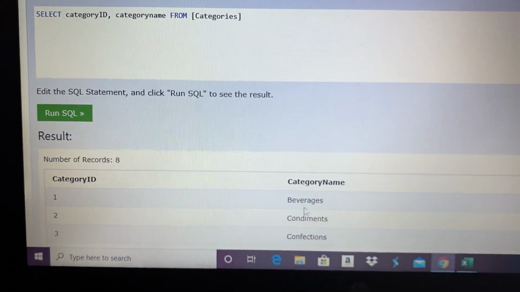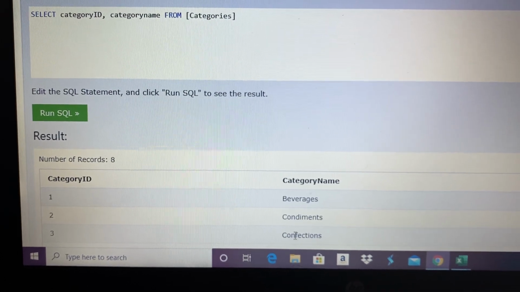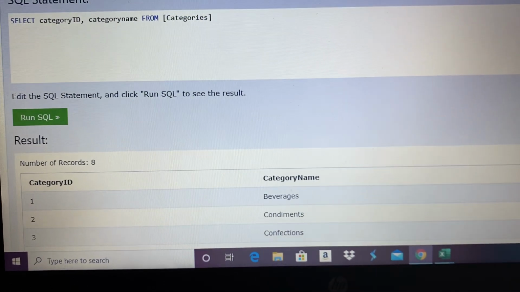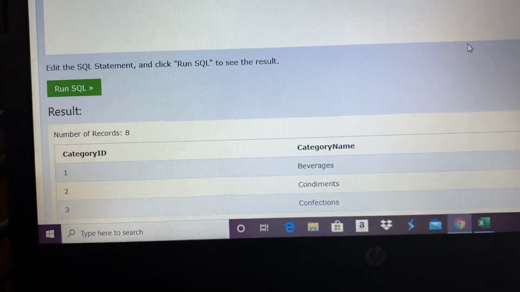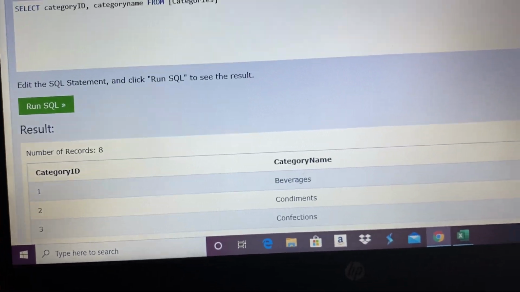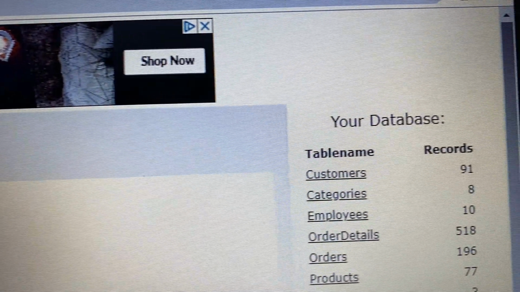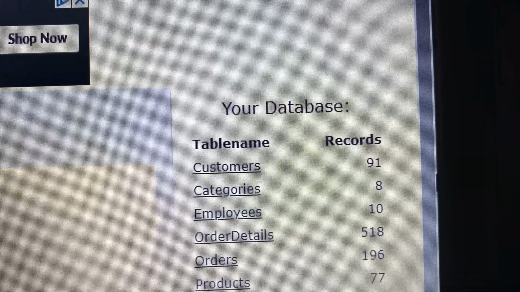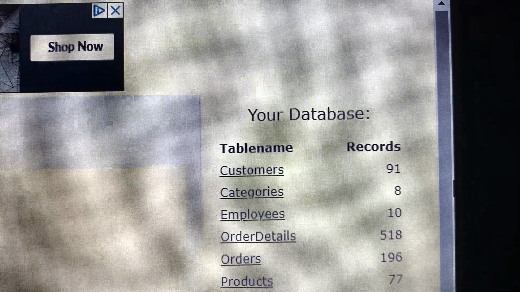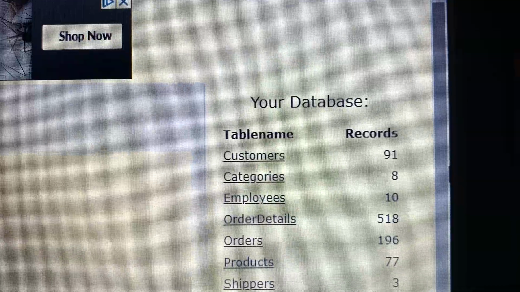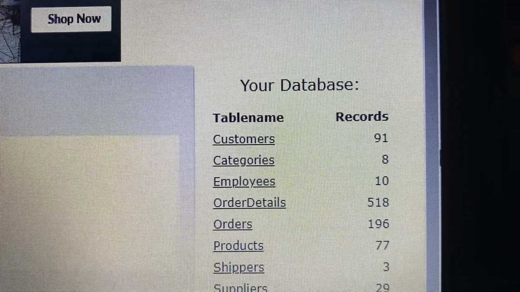Okay, so beverages, condiments, confections. So it's not duplicating, which sometimes it will. There's actually only 8 records if you look over here. So, and they're all unique apparently. And there are 10 employees, 518 order details,